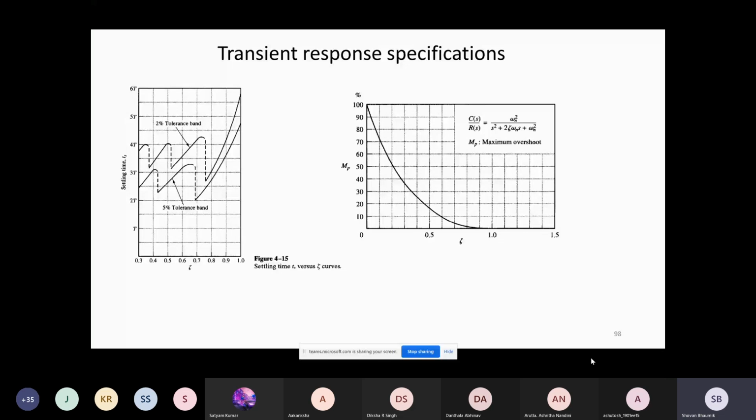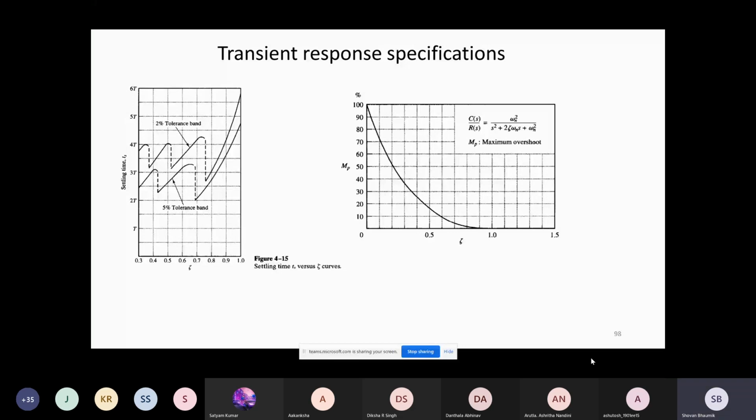Sometimes it is rising, sometimes falling, and then again rising, then falling, and after a zeta value of 0.7, the settling time increases rapidly. You see that if you take the 5% tolerance band, the settling time will be less, which is quite obvious because it is a big band and the output will go inside the band earlier than the small band, which is the 2% tolerance band. For the 2% tolerance band you have more settling time compared to the 5% band, and after about 0.7 or 0.75 the settling time will increase